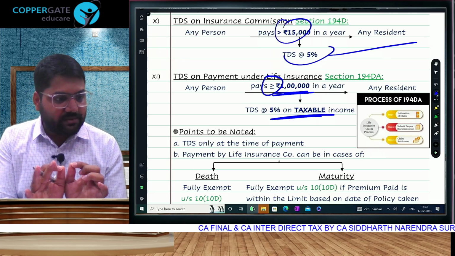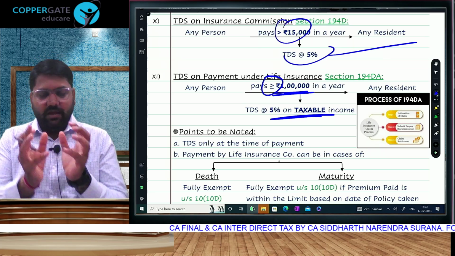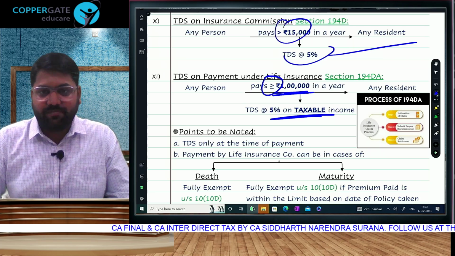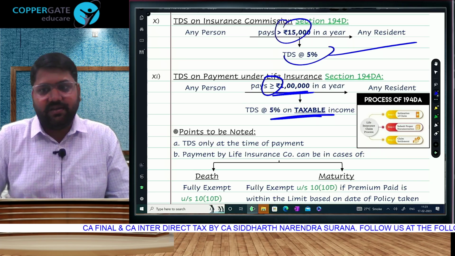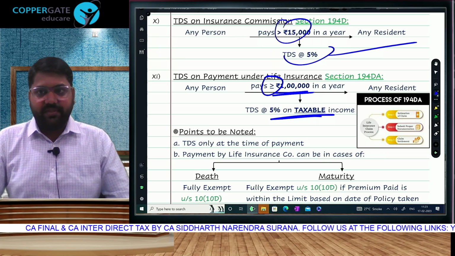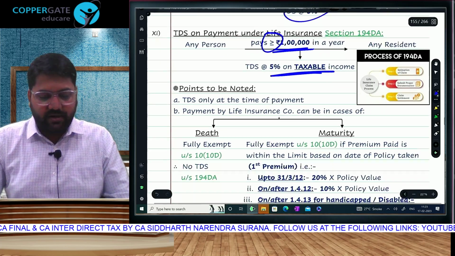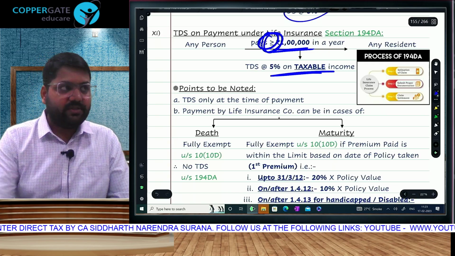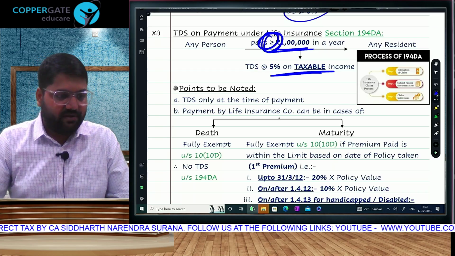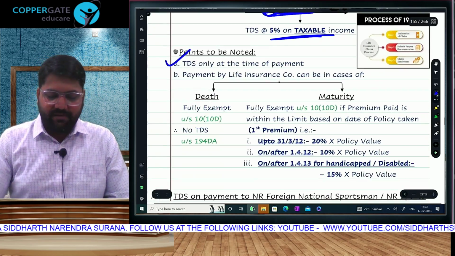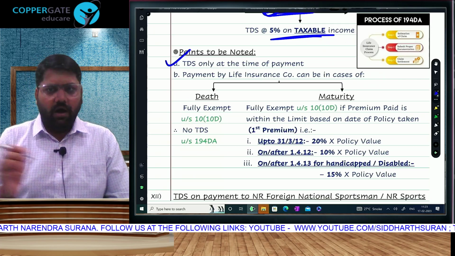Whenever the maturity is taxable, the entire amount is not taxable. It is the money received minus the premium paid over the years that is going to be taxable. So 5% TDS will get attracted on the amount that is taxable component of that total. Not on the entire amount, but the taxable component के ऊपर we are going to be applying the amount. The यहाँ पे equal to is covered, so you have to be very careful that equal to is going to be covered out here. This is going to be TDS at the time of payment, और बाकी का explanation तो we have already done earlier.